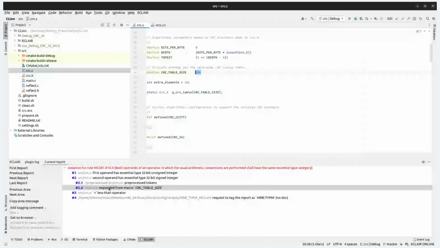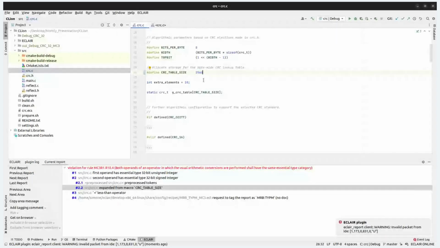So here, the most trivial way to fix it is to force this integer literal to have unsigned type, and I can do it by adding a trailing U. And then this is the other variable involved in the second operand, and it has type int, but